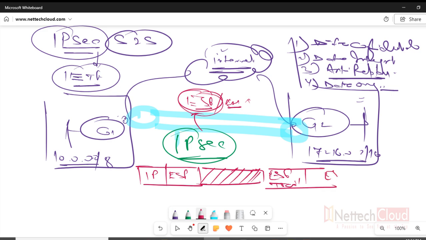trailer and ESP auth. So the original packet is encapsulated, encrypted, right? And data integrity is also checked. Anti-replay mechanism and data origin authentication are all done because of IPSec, because IPSec is an IETF standard framework, right? So with some configuration we can securely connect both sides using the internet as a transport. And you understand, the internet is the transport. That means even if there are 10 sites, 20 sites, 40 locations, yes, we can connect those sites with IPSec tunnels.